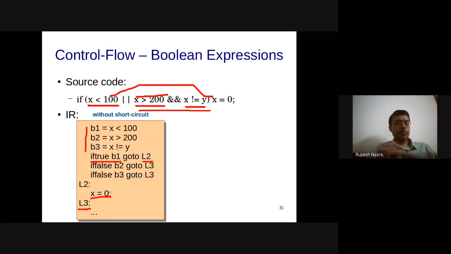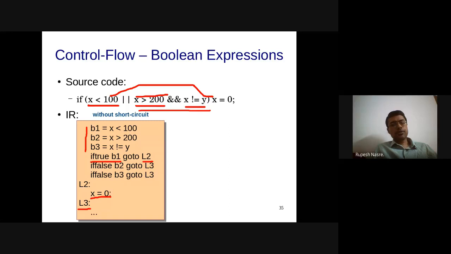Sometimes it might not be optimal if you use just one type, because for example, you saw that when you are using or, using if true turns out to be better. When you are using and, if false turns out to be better, because you are able to take the decision upfront or early on.